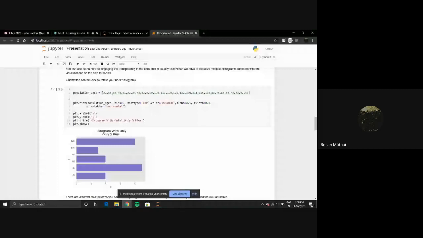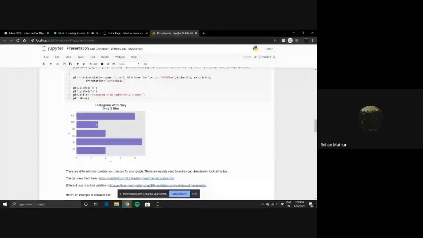This means that these values here are being categorized into 5 different parts, which in this graph you must be noticing as vertical bars, and it looks attractive.